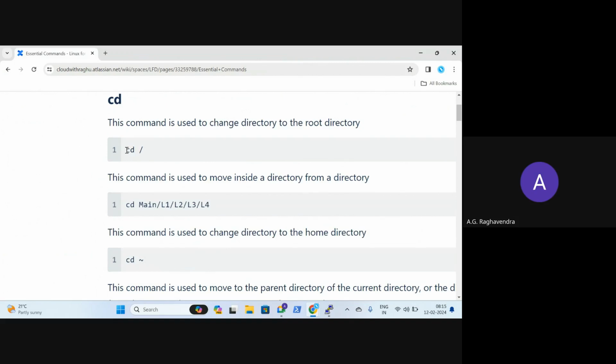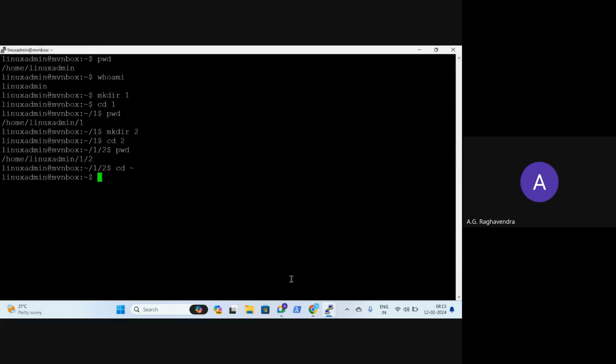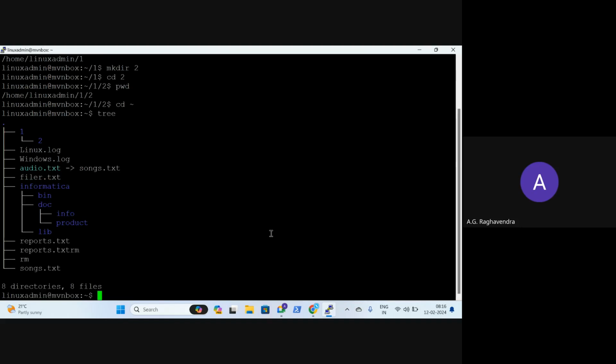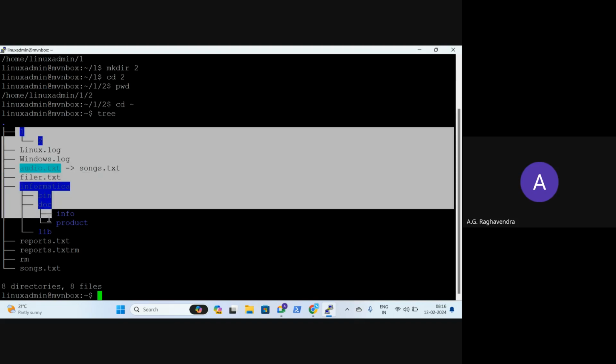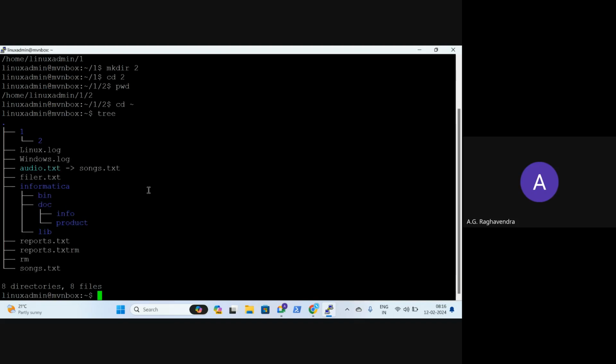Now, what if I say cd space slash, I will go to the root directory. If you look into my current tree, I am in my home directory and there I have multiple directories. Okay, let me remove everything. To remove everything, you have to type the command rm. rm is to remove.